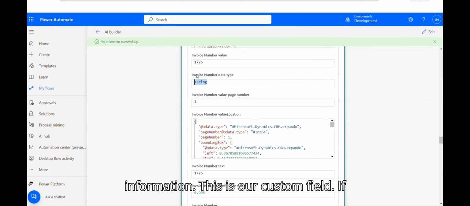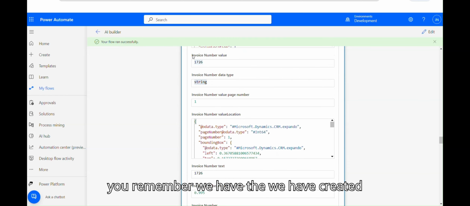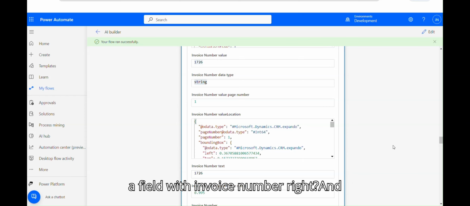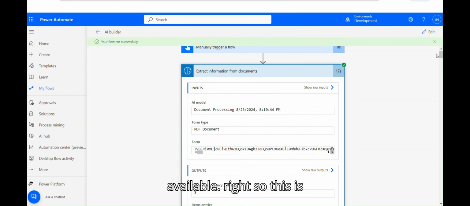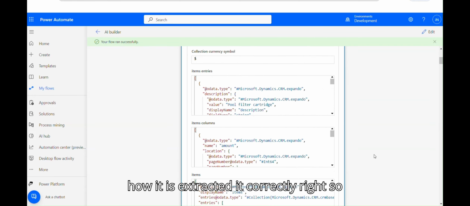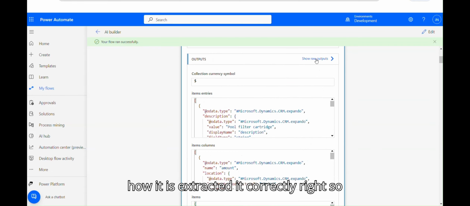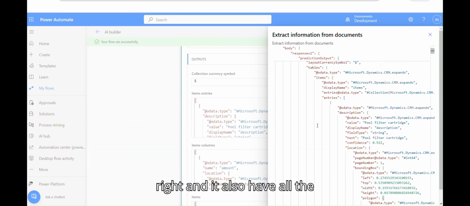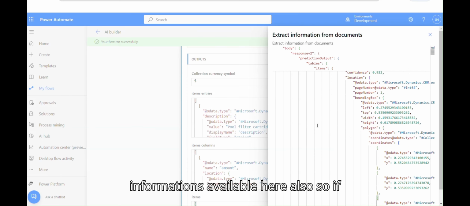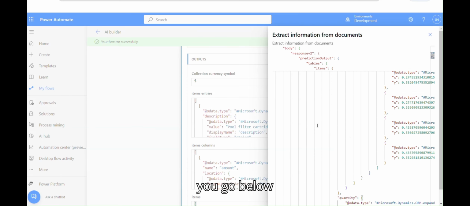This is our custom field. If you remember, we have created a field with invoice number, right? And then we have all the other values available, right? So this is how it has extracted it correctly, right? So I'll click on show raw output, right? And it also has all the information available here also. So if you go below,